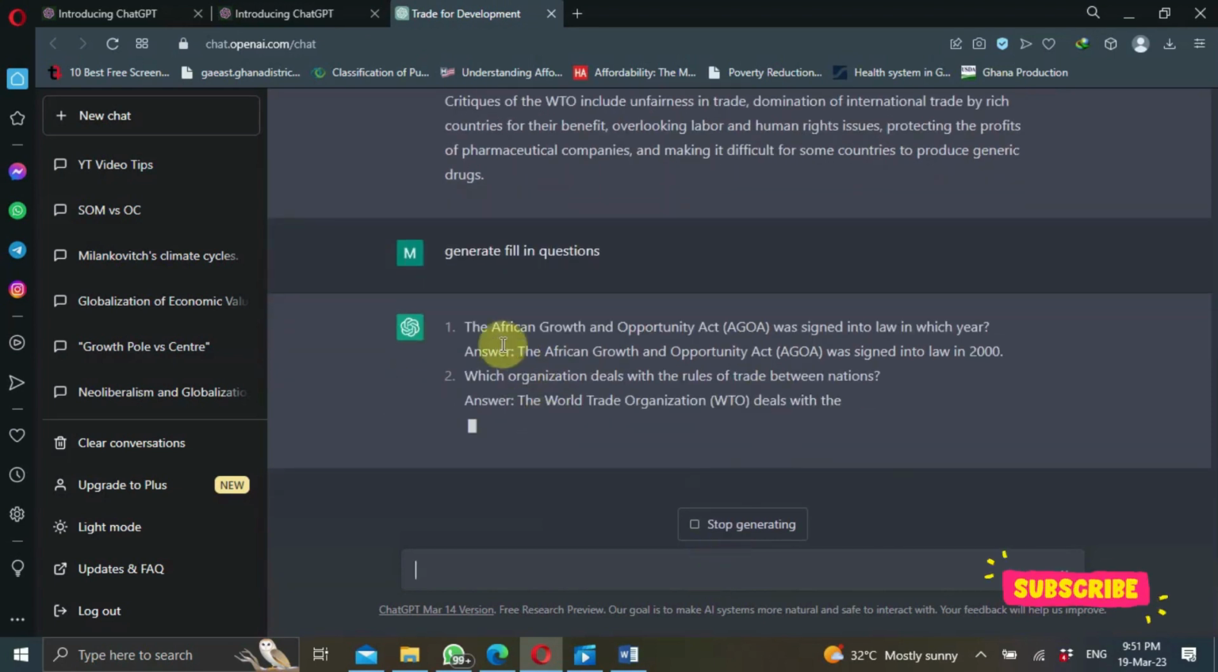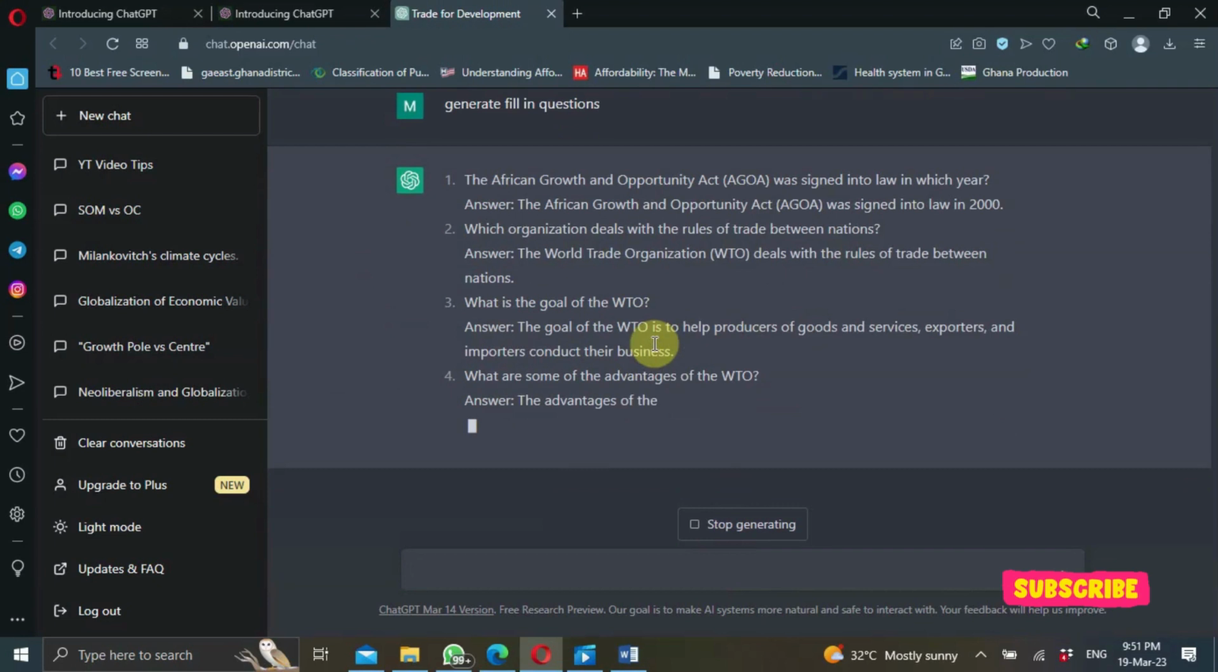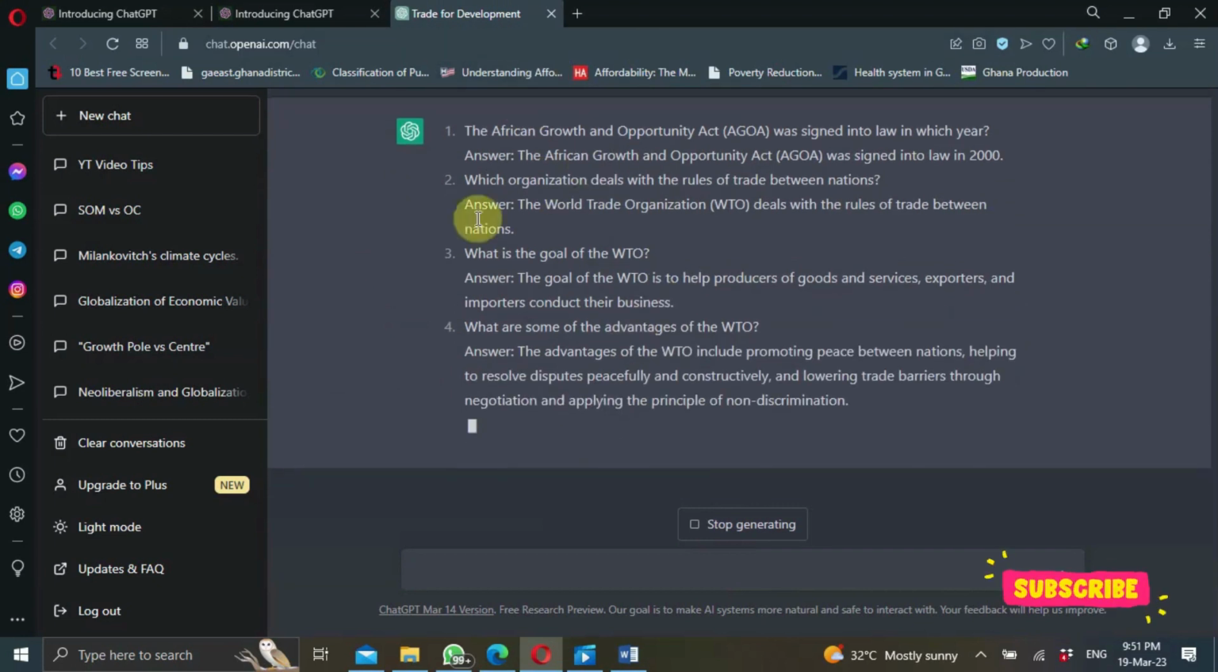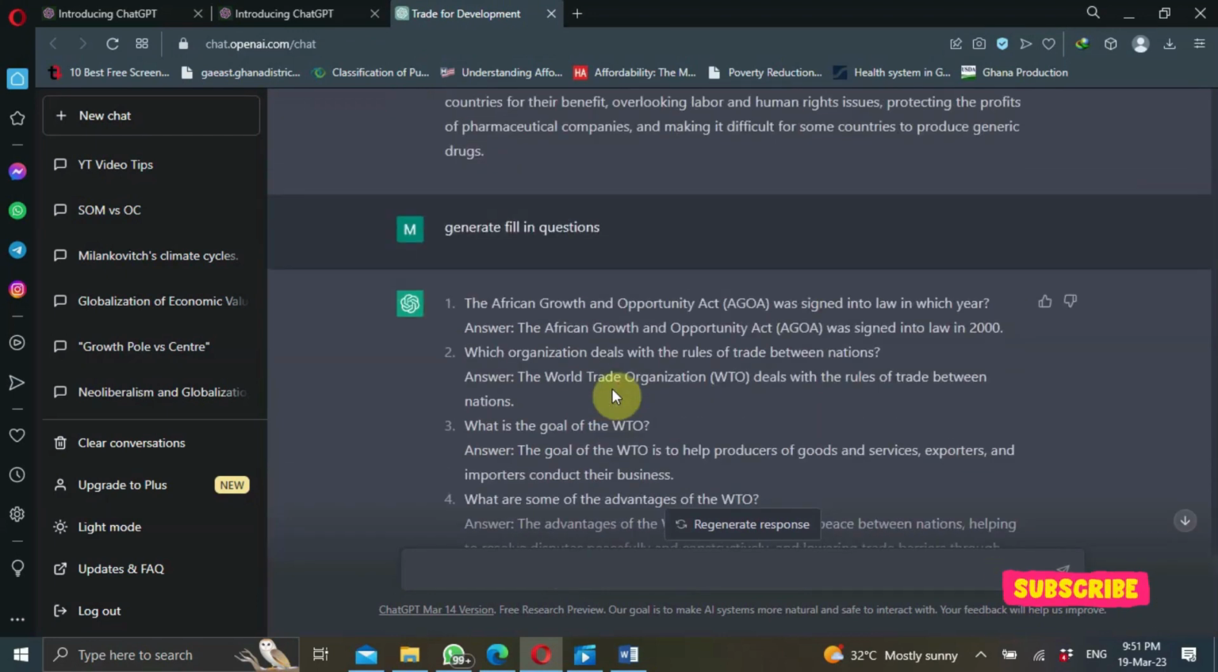So you see, this is an example of fill in questions. So what is the goal of this? If you want 1,000 questions, you can just write generate 1,000 fill in questions, or you can say generate